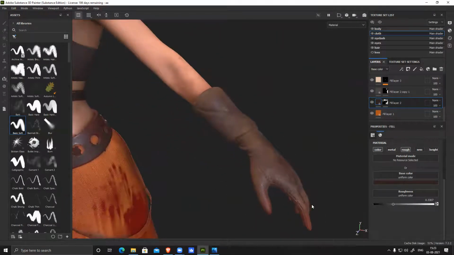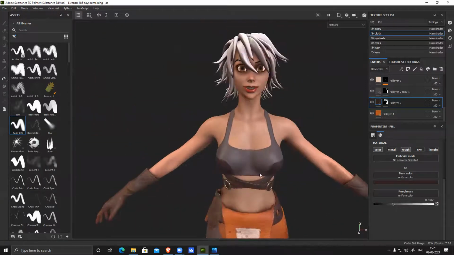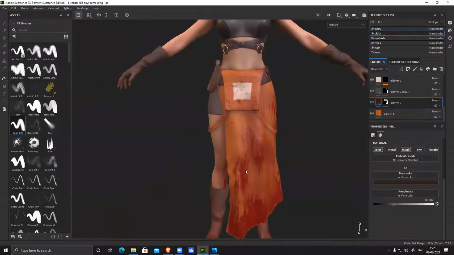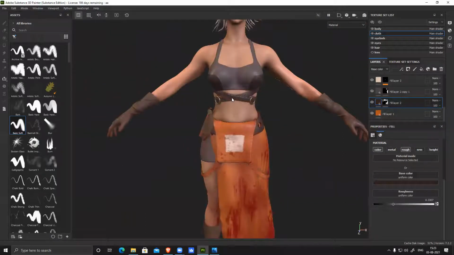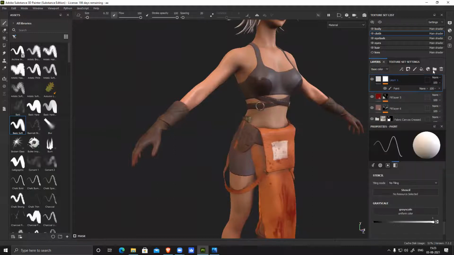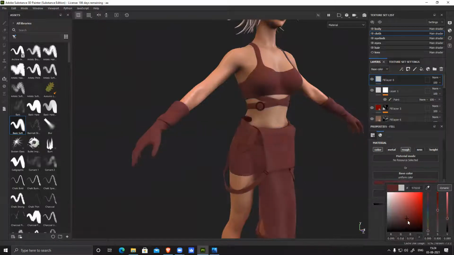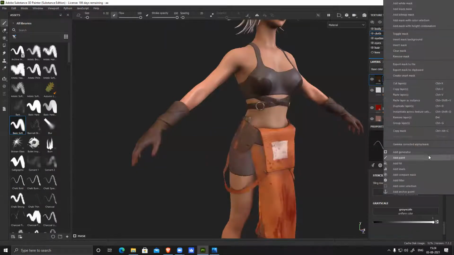So I can just continue the stitches overall, add all these details nicely. And if this one is this dirty, this shorts and this top cannot be clean, they also need to be dirty. So I can add more detail and dirt there. Add a layer, only color and roughness. Roughness is almost matte. Color is more towards slightly brownish.